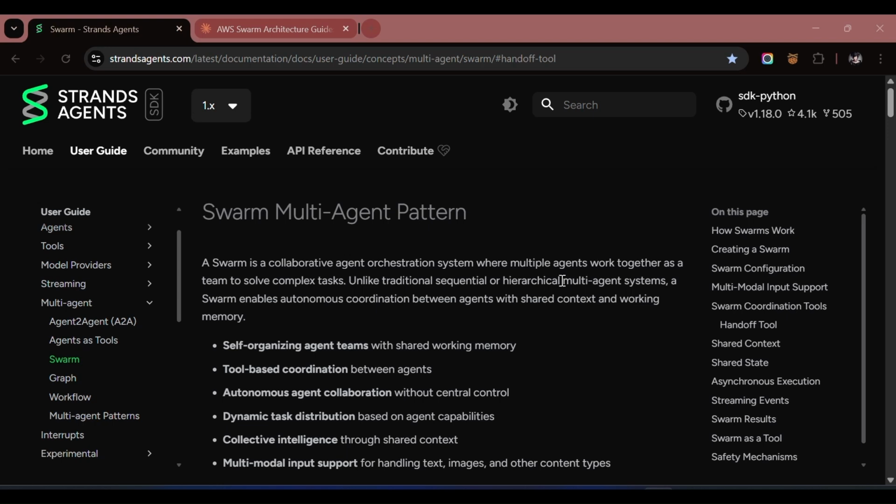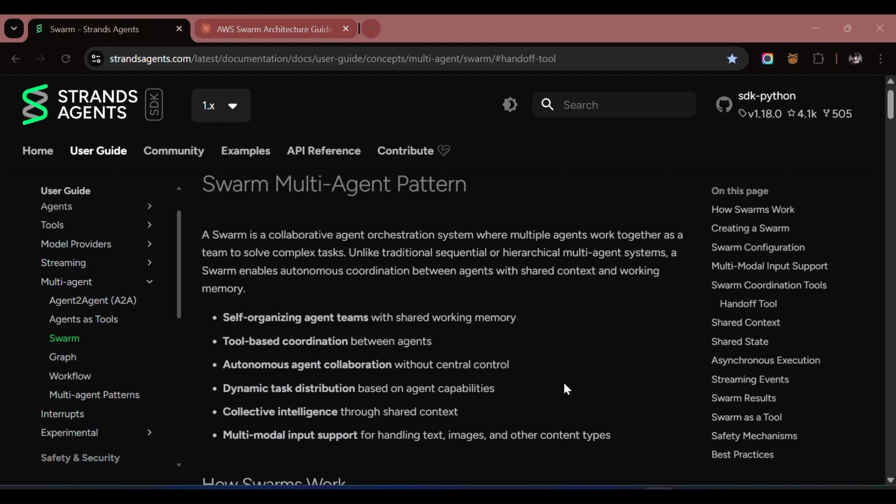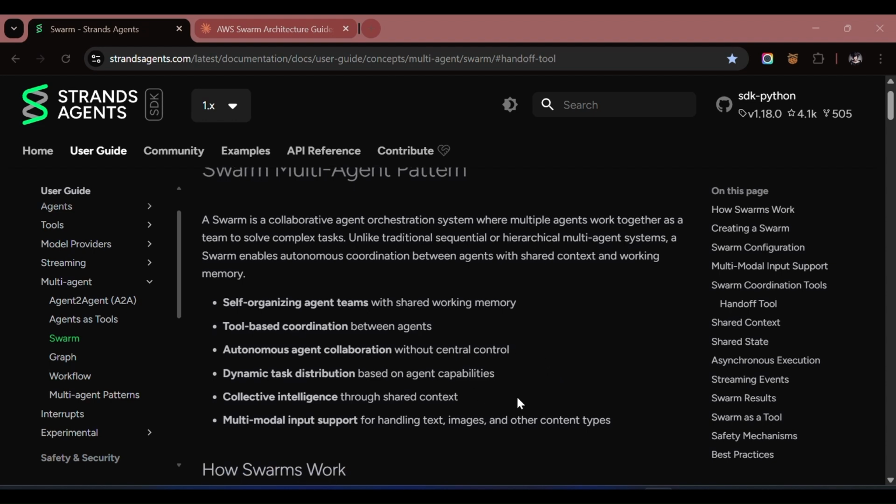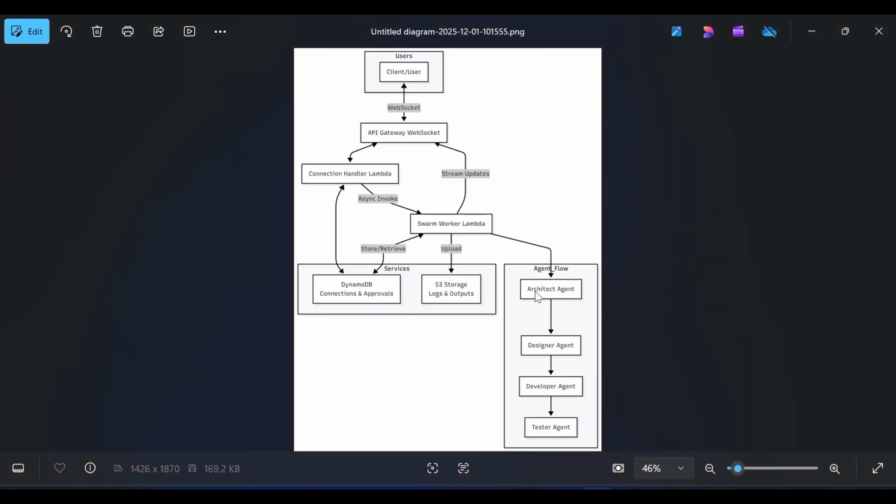So what exactly is a swarm? A swarm is a group of collaborative AI agents that work together to accomplish complex tasks. Think of it like a software development team that is working together. Let's say we have an architect, a designer, a developer, and a tester all working together, except these are all